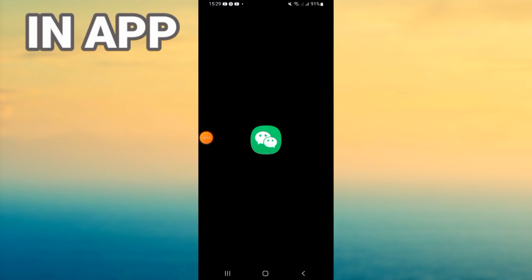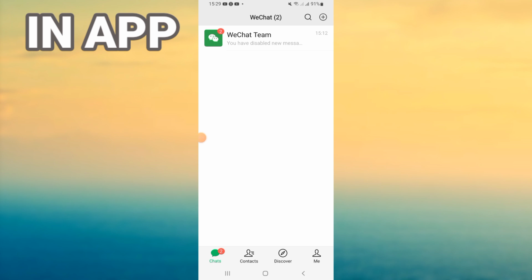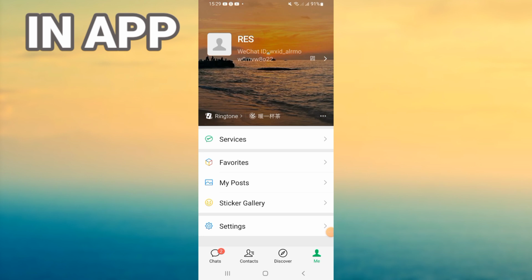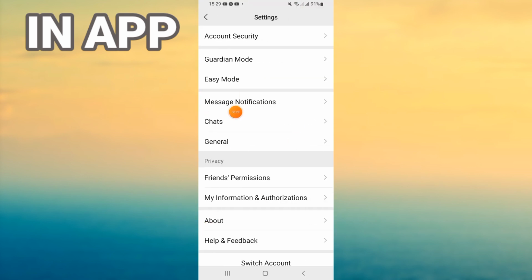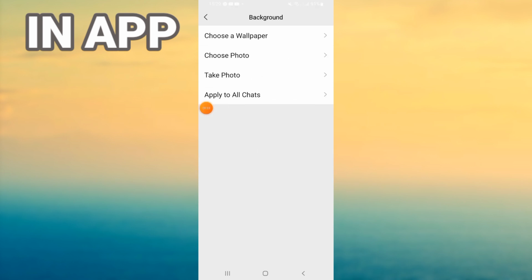Open your WeChat first, and after doing that, you will see here this list. Go guys, click on the Me option, and right now you will find this list. Click on Settings, click on Chats, go right now to Background, click, and here they will tell you if